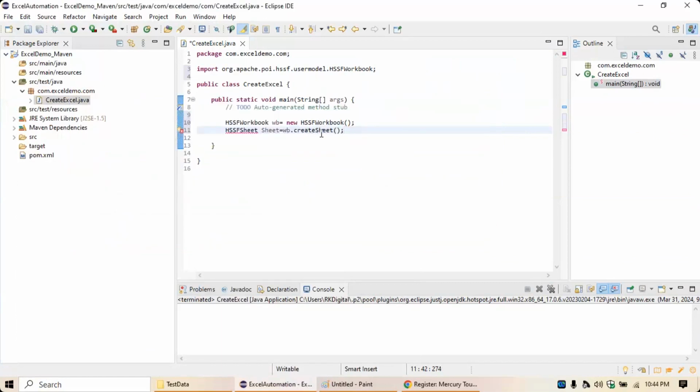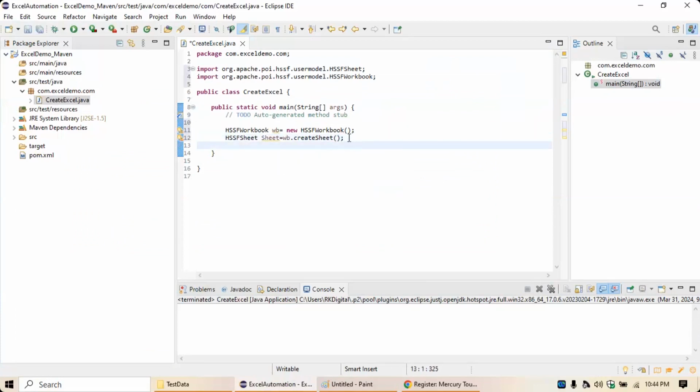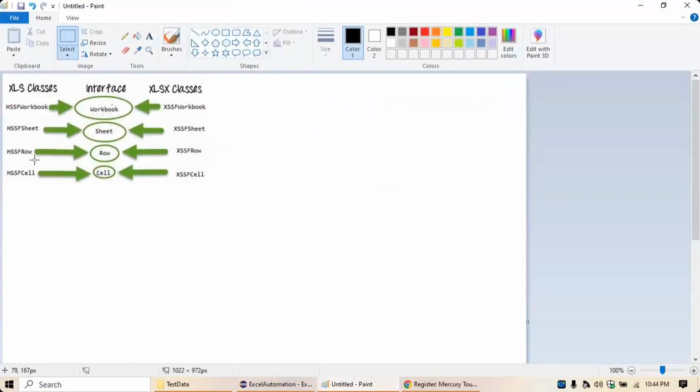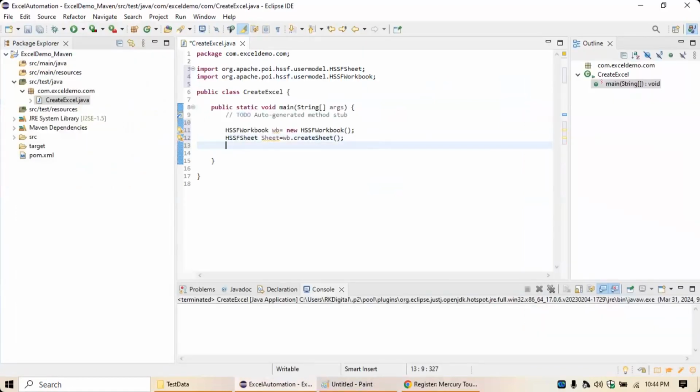So first I'm going to create a default sheet, using the createSheet method without any input sheet name, and after that you just import the required package. And after that, what is the next one you will have? You will have the row, HSSFRow. I wanted to insert the data in my first row. HSSFRow row is equal to